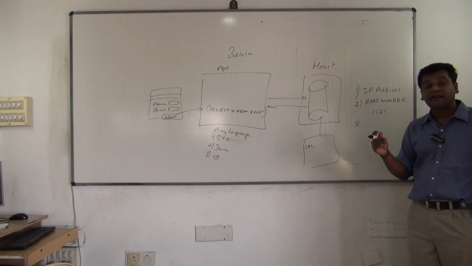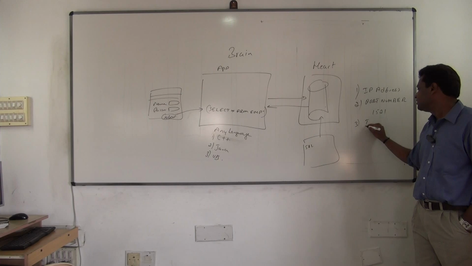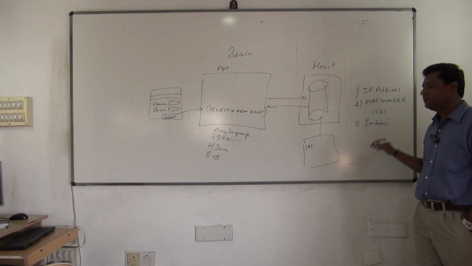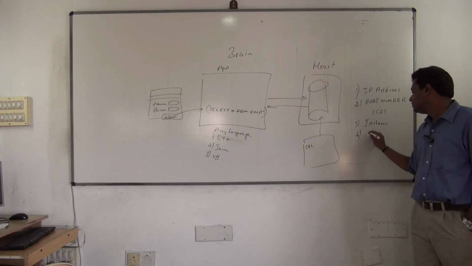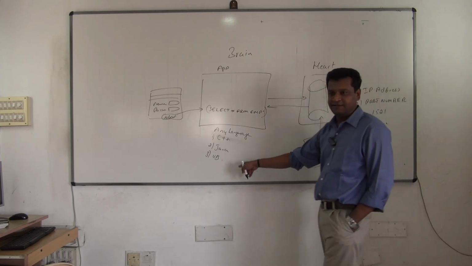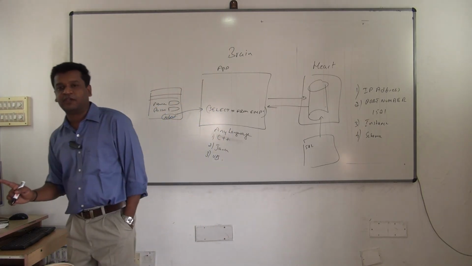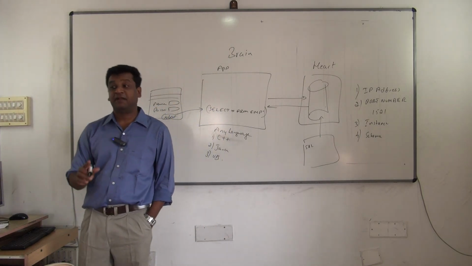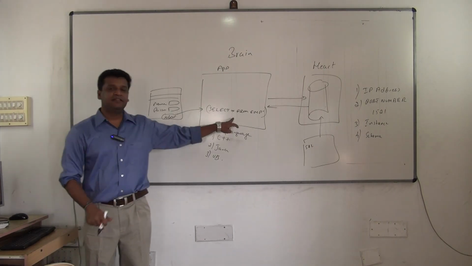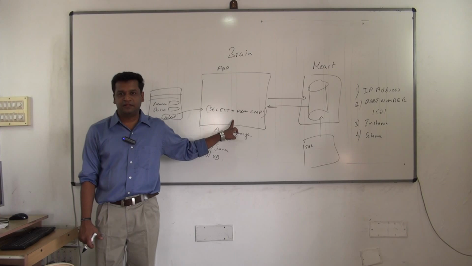Third one, after getting connected to the database, you have to connect to what first? The instance. So next you need the instance name. Then you need the schema. You develop an application in anything, C++, Java, or whatever it is. These four things are mandatory. After you get connected to the schema, then the query will come.